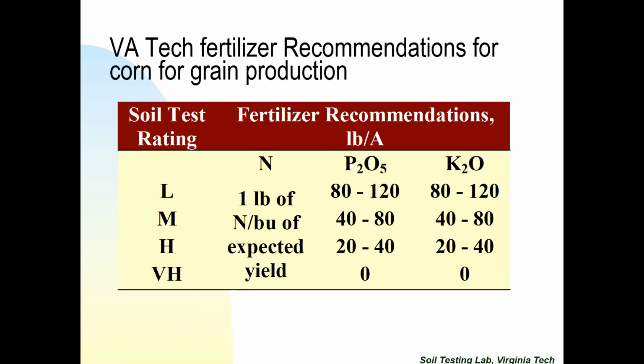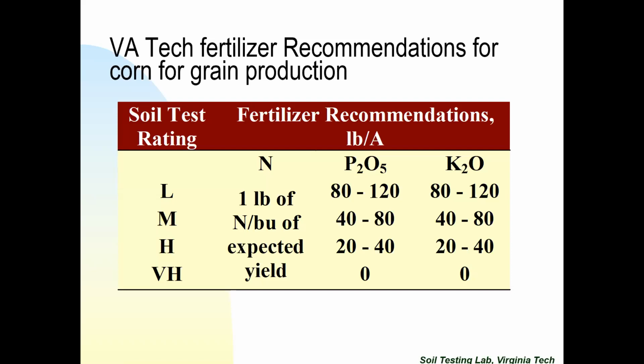So obviously low testing soil is going to need more phosphorus and potassium to provide enough for the crop to grow in a medium high. So you can see there the phosphorus, you're 80 to 120 pounds per acre at low, and then as you go up to medium, the recommendation drops, and the high, it drops again. And there's a range there because for each category, there's a minus and a positive. So there's medium minus, medium positive. So depending on that, we have a recommendation of pounds per acre.